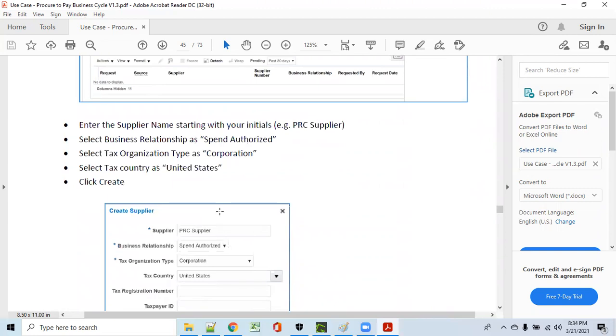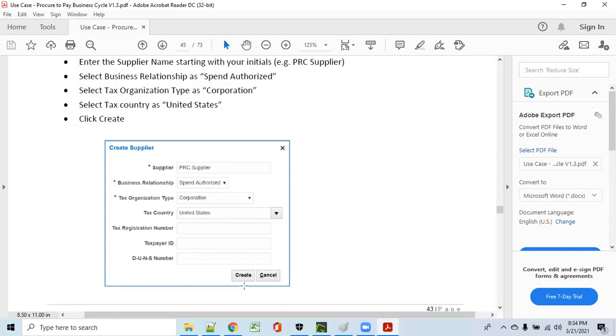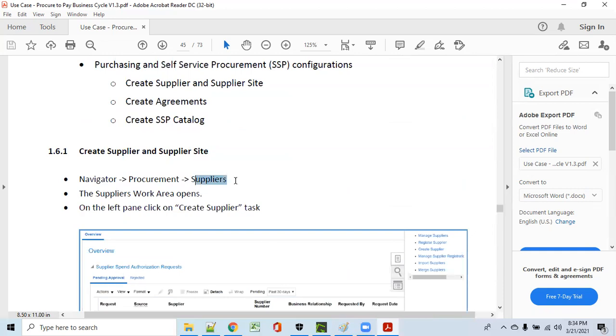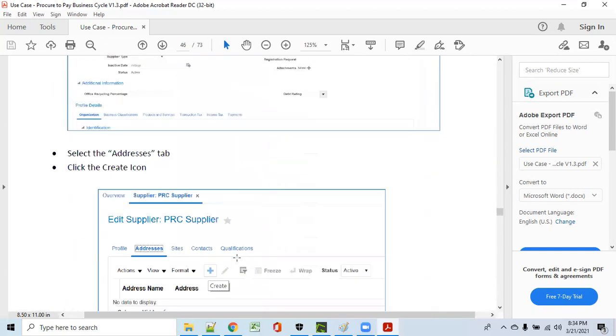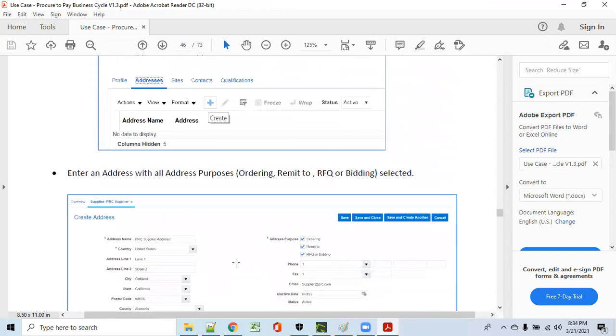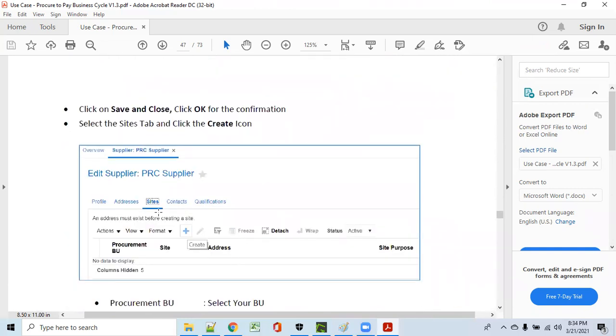Suppliers, as you know, include internal suppliers, prospective suppliers, and spend. So how do you create the supplier internally? Using the Suppliers task. Here you have address, then contacts, and then site. Site is important. If you don't have a site defined for your supplier, you can't make the PO. Site is nothing but the address of the supplier company. Contacts will be useful to create the supplier portal access.